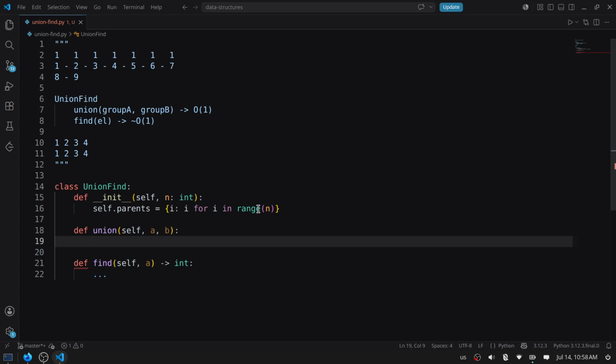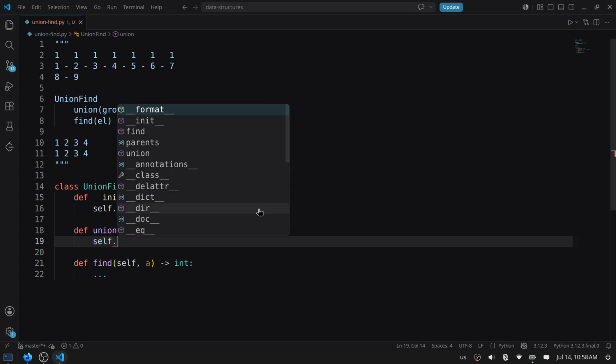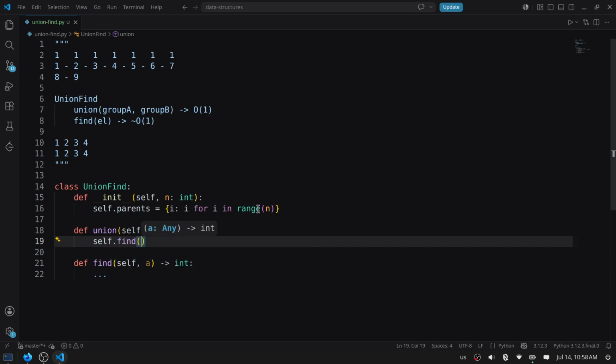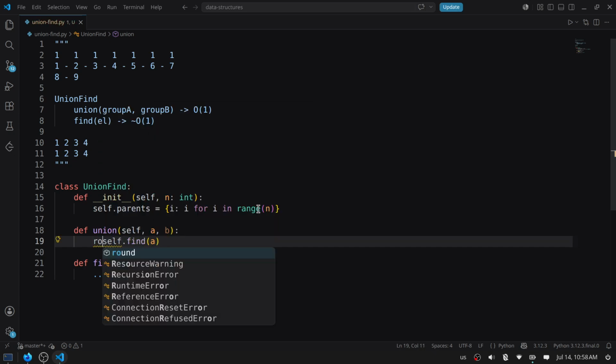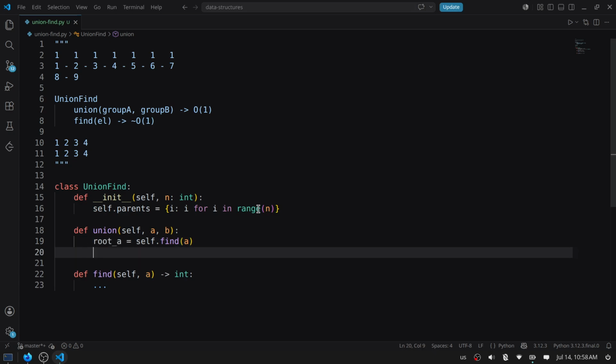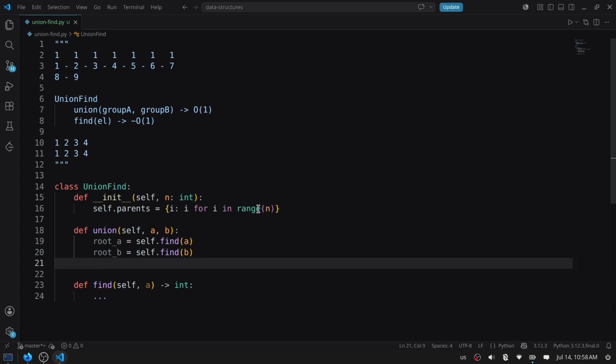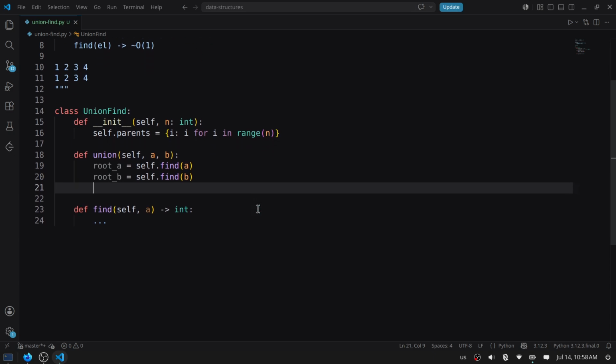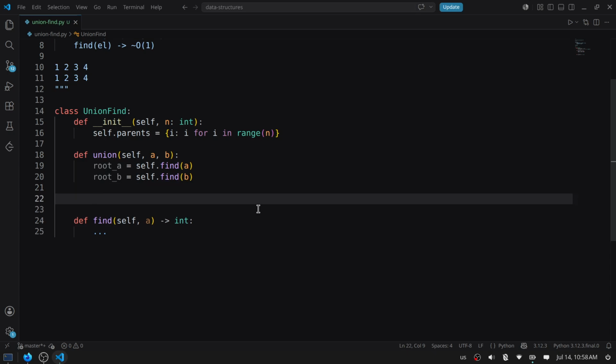So where a is 1, b is 2. We need to find the root of both a and b. So how do we do it? We are going to call this find function, so it will accept a and root a and root b, self.find b, and then we now have roots, like root parent of both elements, and now we can just say that